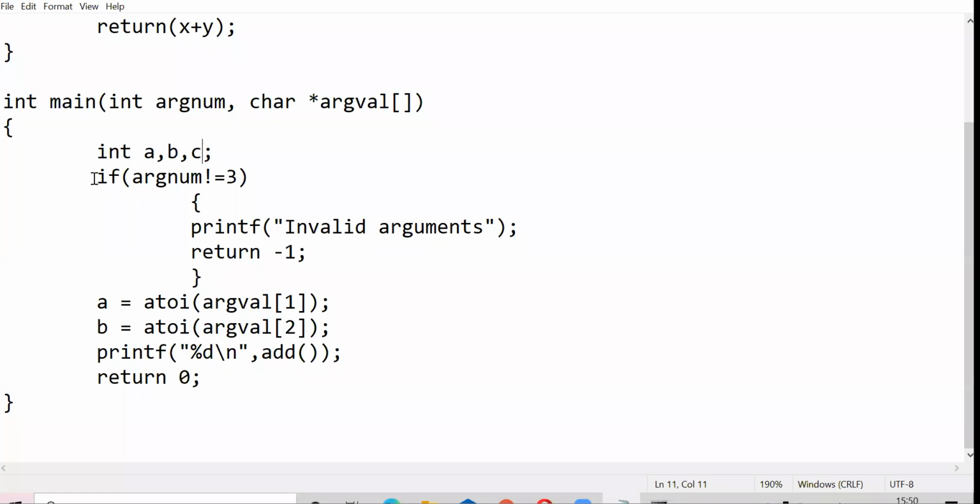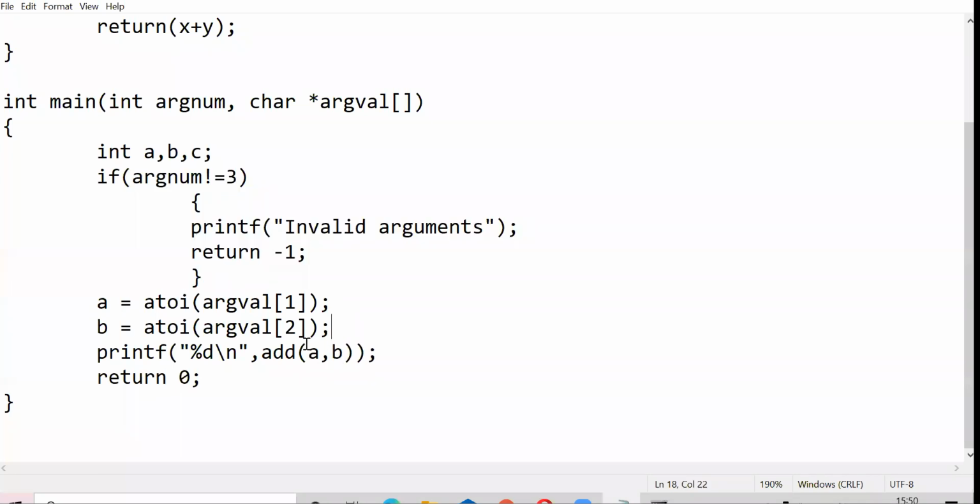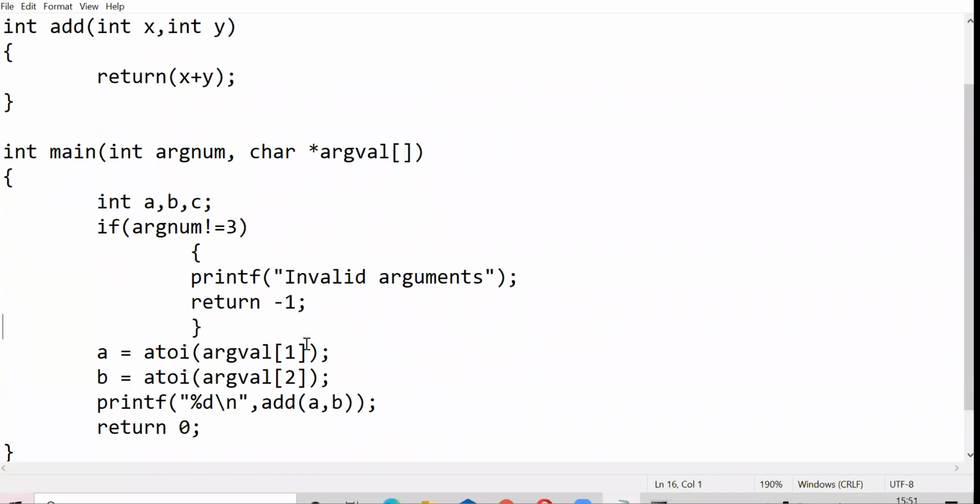For example, see here. I have a logic implemented here, and what this logic is doing is just checking whether your arguments are correct or not. So if I want to make my main function smaller, which is easier for the user to understand, I can pass this entire thing to a function and just call the function here. So let me just do that and show it to you. Functions are generally used to organize your code better.